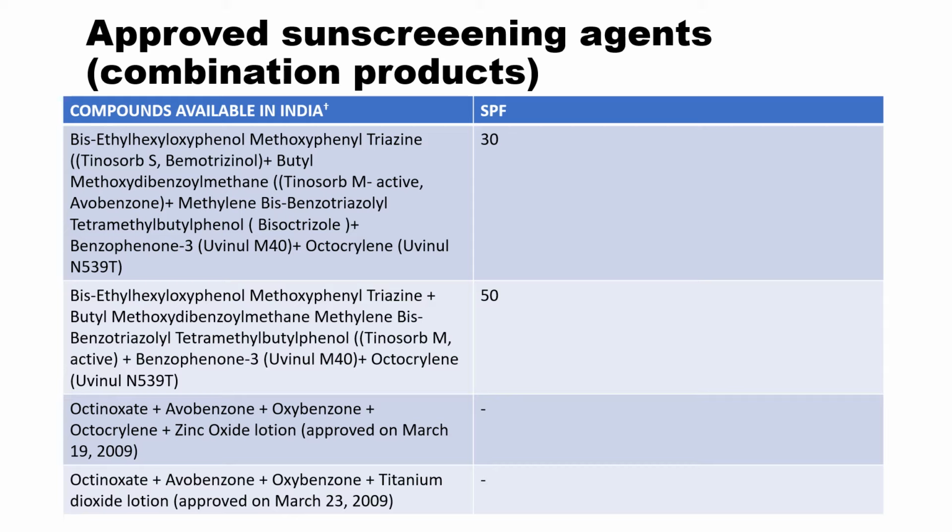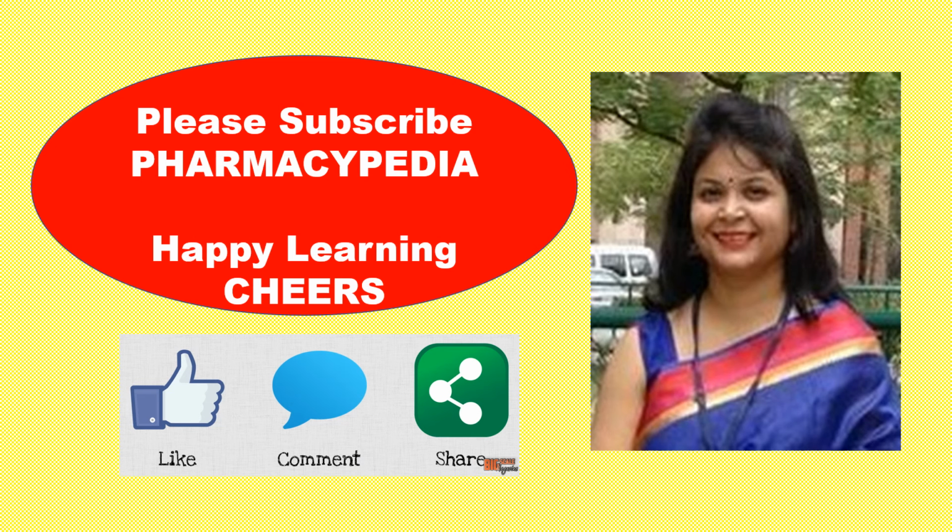As I discussed in the previous video, the desired selection criteria for any sunscreen agent are the SPF and the UVA star rating. One should look for both factors, SPF as well as the UVA star rating. One should try to select SPF not below 30. SPF should be above 30 and the UVA factor should be at least 4 to 5 stars, so that you can have maximum protection from the sun.